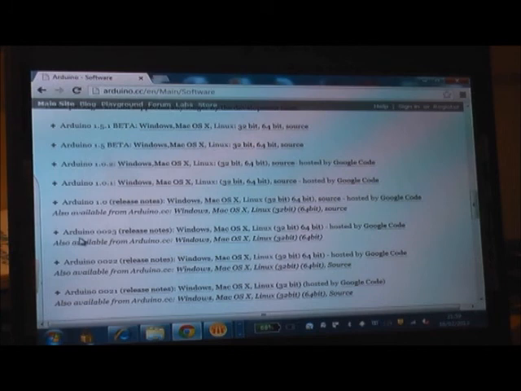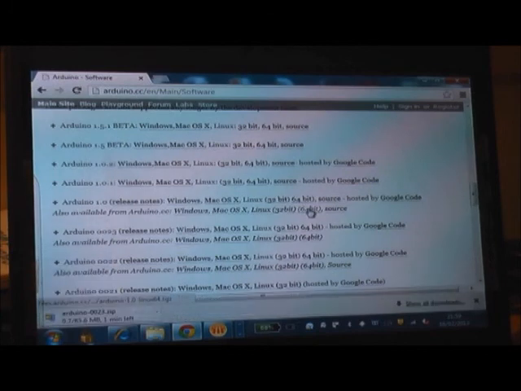We will download the version Arduino 0023 for the Windows platform and extract and save it in a location of your choice on your Windows machine. We choose this particular version of software because it is compatible with the code snippets used in our tutorial.